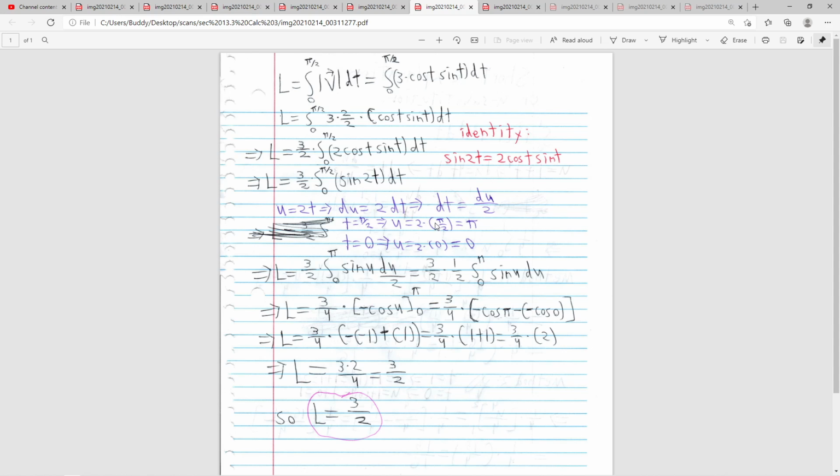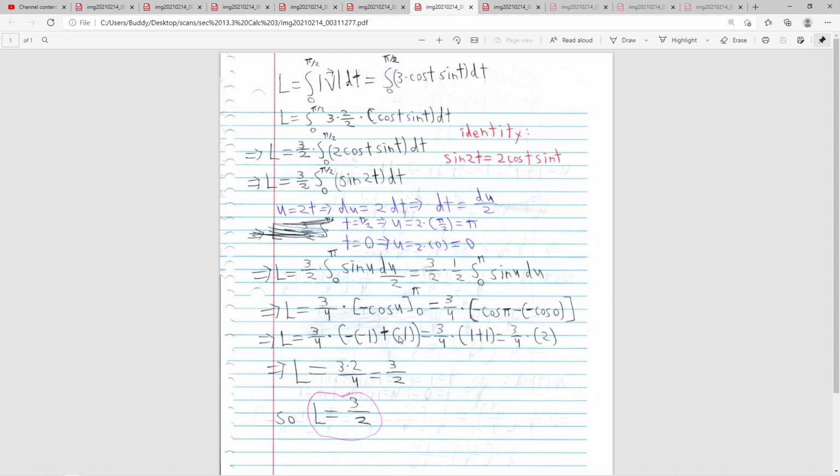U equals 2t means that du equals 2 dt, so dt equals du over 2. Plug it in. For t equals pi halves, we have u equals 2 times pi halves, which equals pi, and t equals 0 gives u equals 0. So with bounds 0 to pi, we have 3/2 times the integral of sine u du over 2. This is 3/2 times 1/2 times the integral of sine u du, and the integral of sine u du will just be